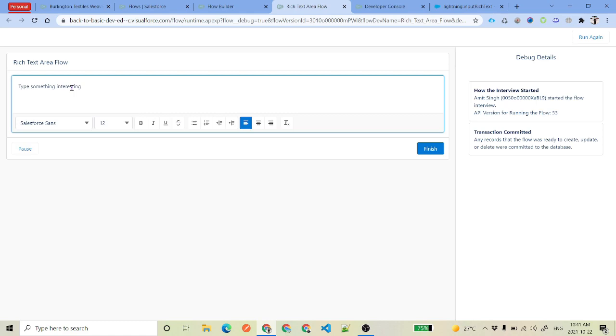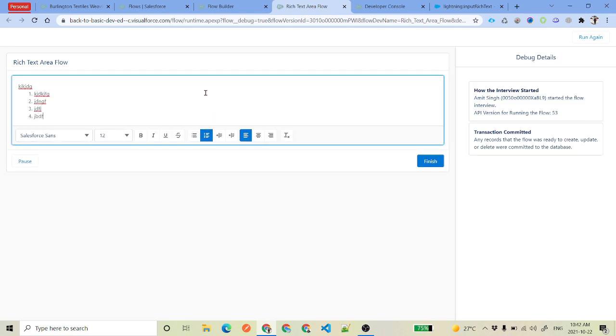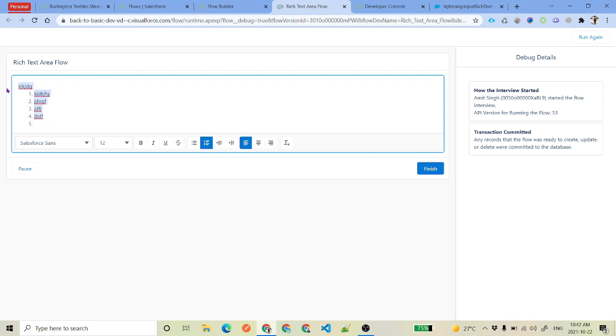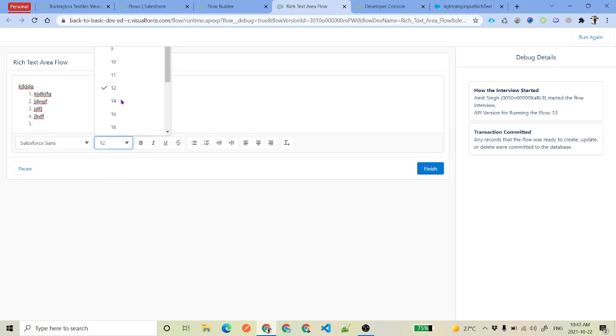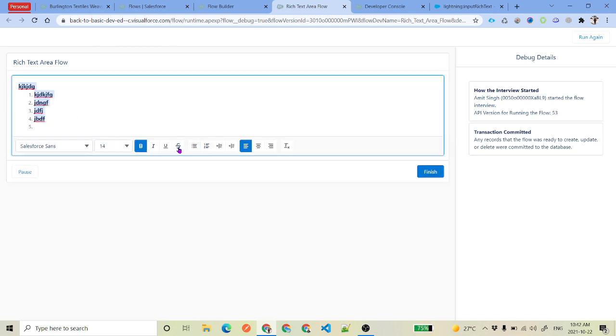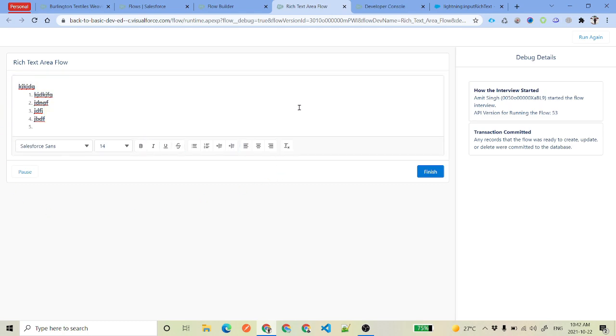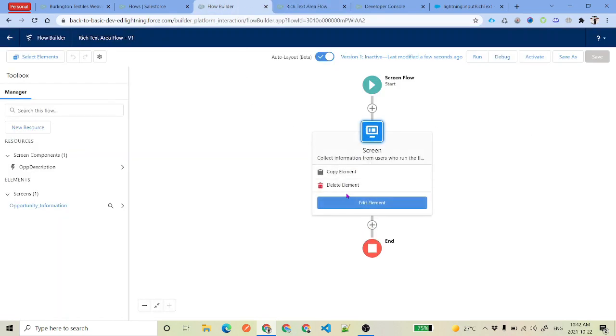So you can see here you are getting this text area component, whatever you wanted to have. If you wanted to have some sort of list style, you have that, right? You see here. And if you wanted to change it to bold, or change the font size, put some underlines, or strike it, every single thing is here. But you see that the label is not displaying.